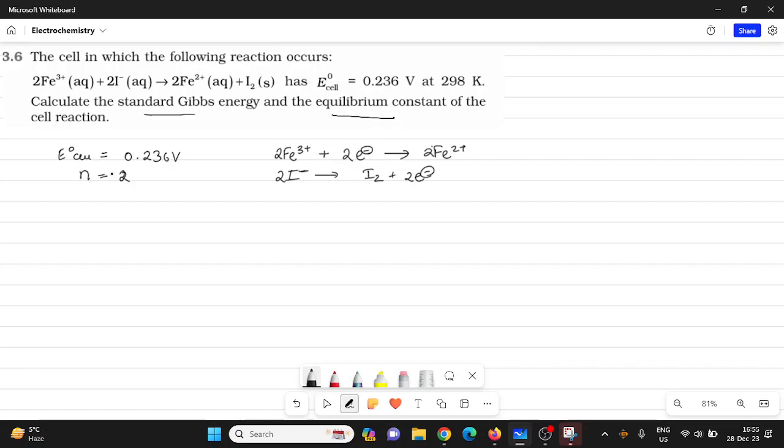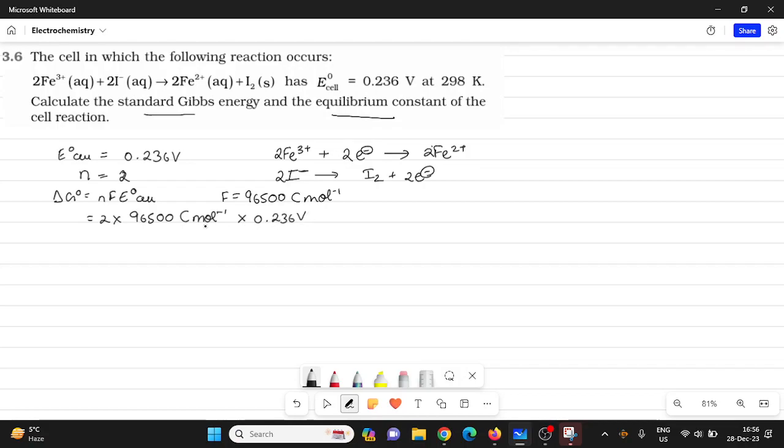Now we'll use the relation between delta G, the Gibbs energy, and E naught cell. Delta G naught is equal to minus nF E naught cell. The value of F is 96487 coulombs per mole, but we can just say 96500 coulombs per mole. So we substitute all of these values: 2 into 96500 coulombs per mole into